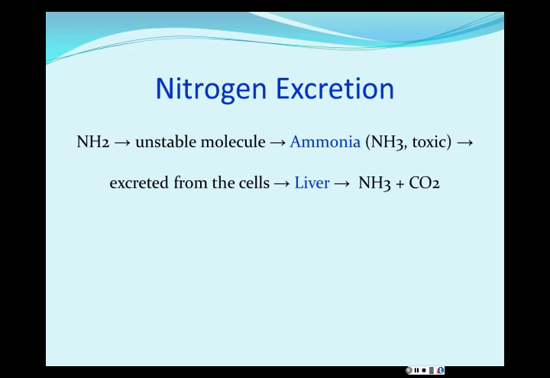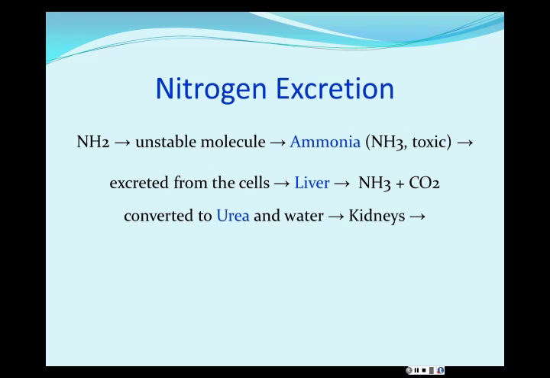Because ammonia is a base, the blood's acid-base balance becomes upset if the cells produce larger quantities than the liver can handle. Okay? In the liver, ammonia combines with CO2 to make urea, which is a less toxic compound, and releases water